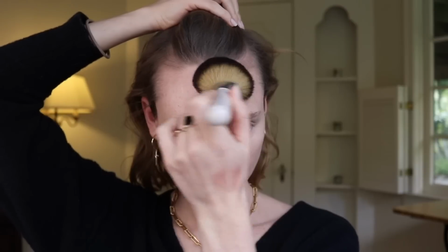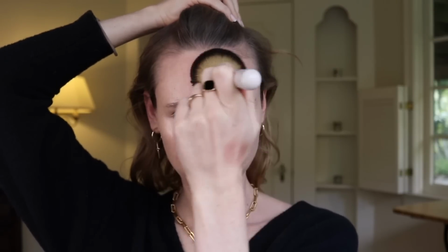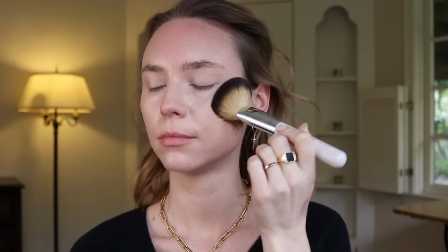I just find that it really hits the forehead super well, and when I turn it on the long side, it hits under my cheek perfectly, so I can add a bronzed and also slightly contoured effect. And then if I use the wide side, I can get my whole forehead and down my neck. So it's a really perfect shape, really soft and beautiful, but by no means do you have to spend $44